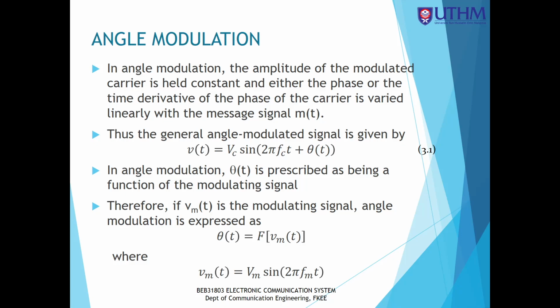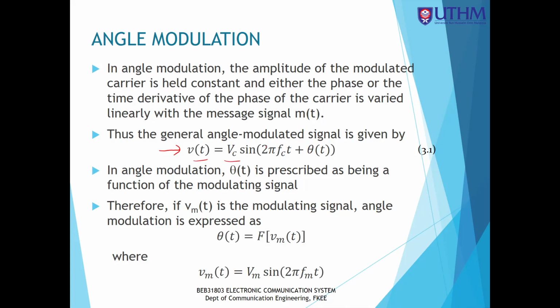Angle modulation is for both FM and PM. You will see later that frequency modulation and phase modulation are interrelated to each other. They are like twin brothers which affect one another. Okay, so for angle modulation, both FM and PM, the general equation is v(t), which is equal to